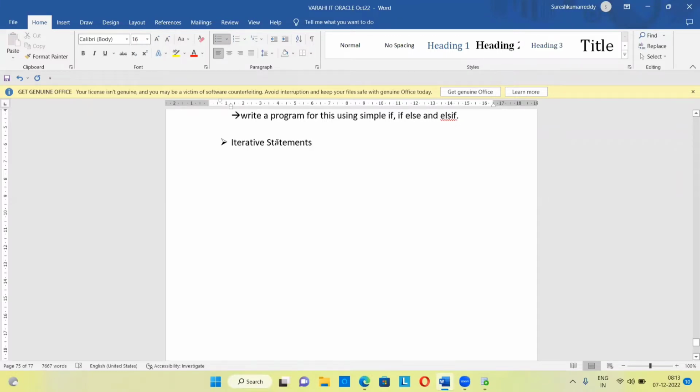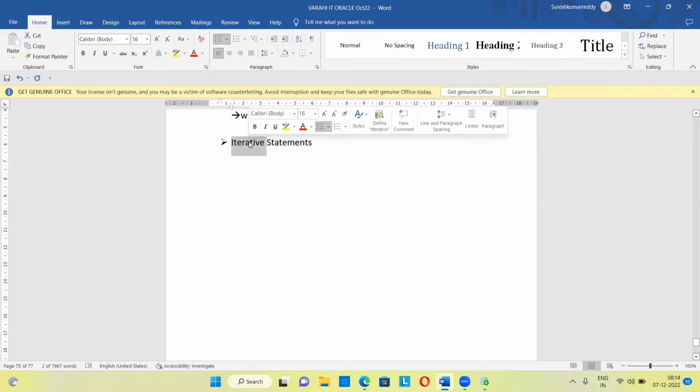Okay. So statement, you know already, right? It is nothing but an executable statement. Iterative means the statement is going to be repeated. So if you want to execute any statement repeatedly, more than one time, you want to execute it,